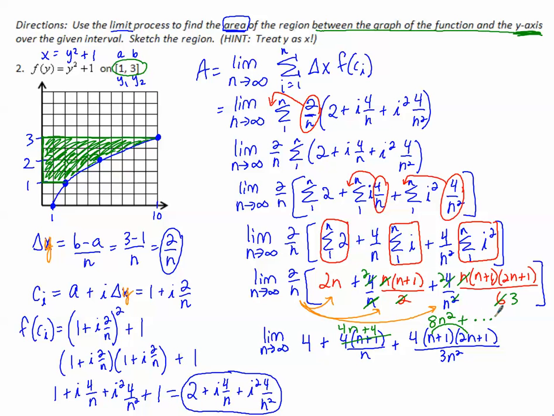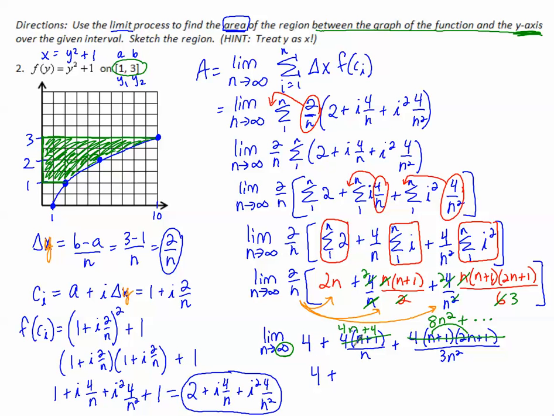That way we can use our degree shortcuts when n goes to infinity. So let's take the limit of each term. The limit of 4, no matter where n is going, is just 4. Plus, here the degrees are the same, n over n, so we take the leading coefficients, 4 over 1. Plus, last term, 8n squared over 3n squared. Again, the degrees are the same, so we just take the 8